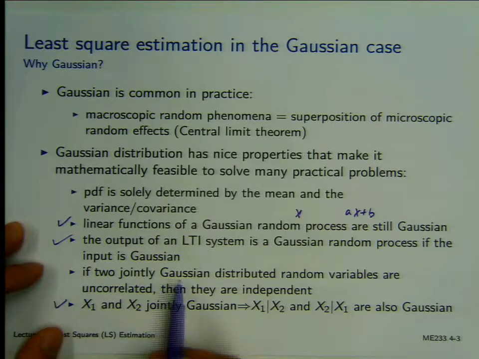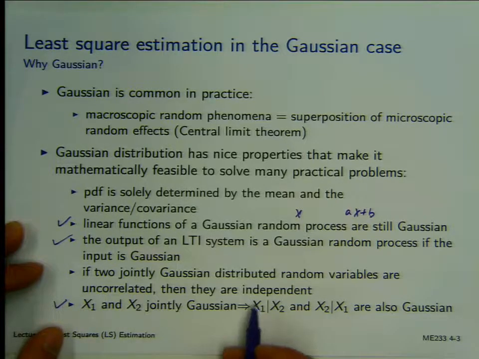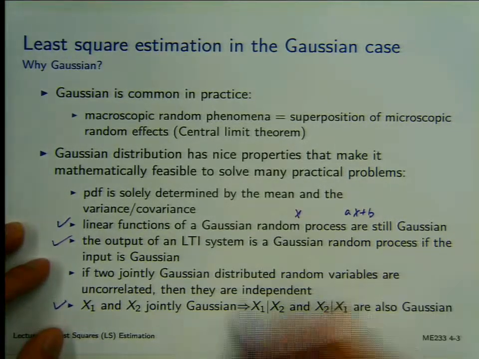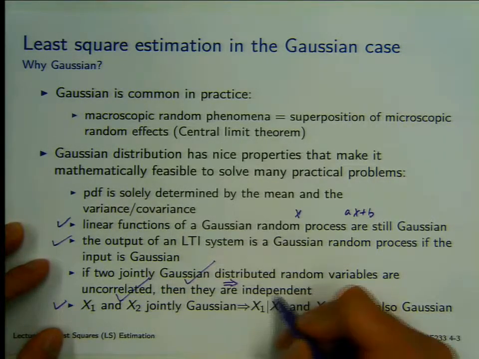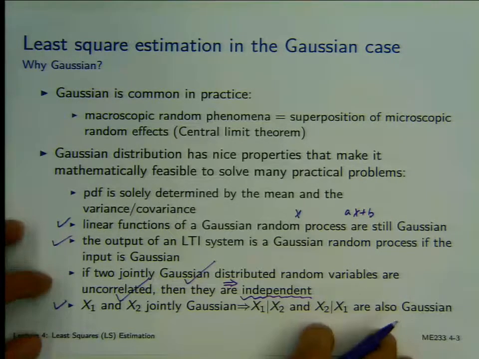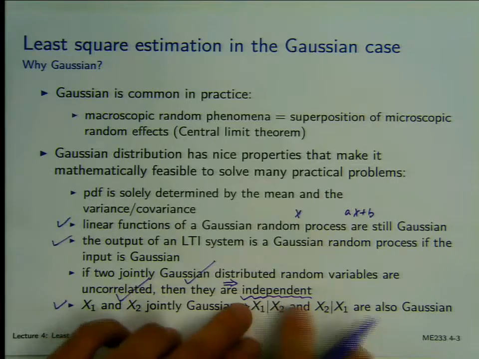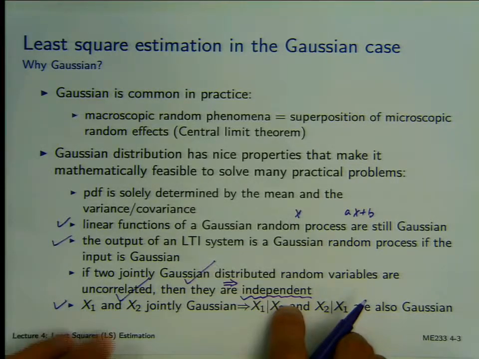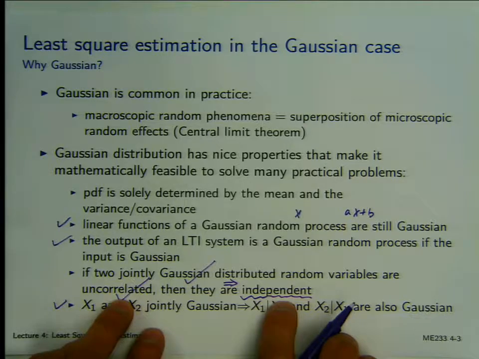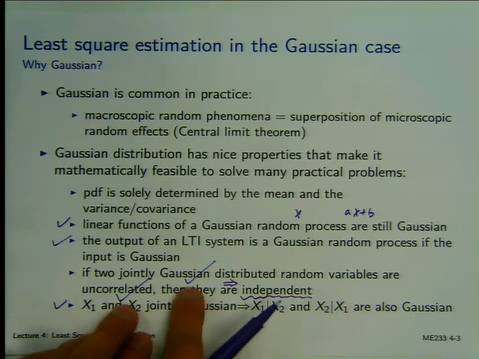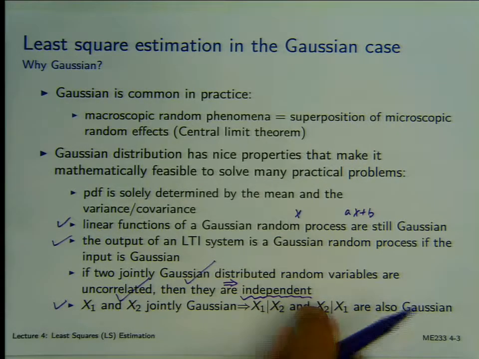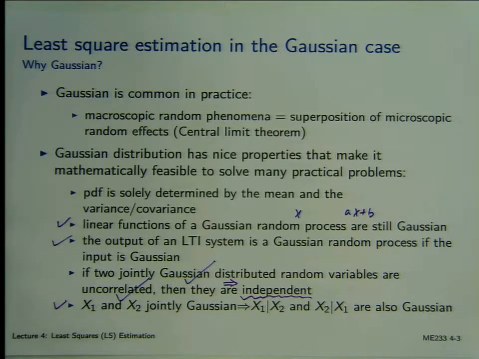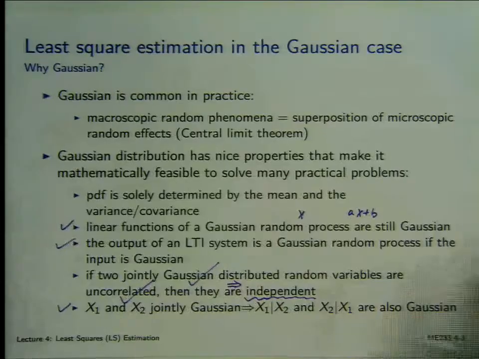Lastly is this one. If two jointly Gaussian distributed random variables are uncorrelated, then they are independent. So you see here, the message is that if Gaussian and uncorrelated, then this implies independence. Okay? The converse is not true. If two random variables are independent, that doesn't mean they are uncorrelated. Not at all. But if it's Gaussian and uncorrelated, then we have independence. So this is a very nice property. This can also be proved from going through the PDF